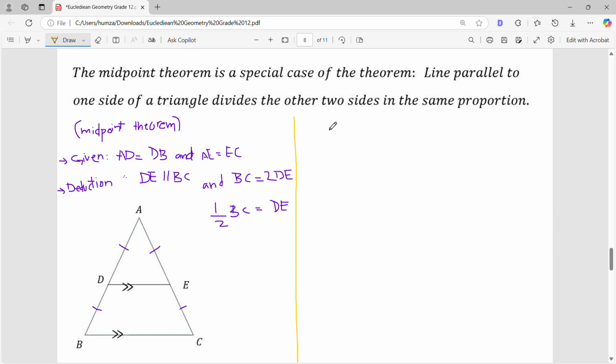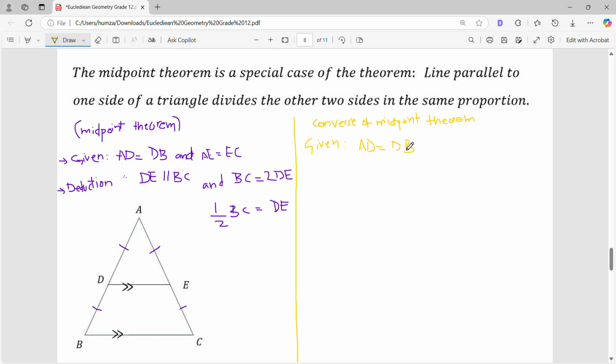The converse of midpoint theorem, we can say that given that AD is equal to DB,